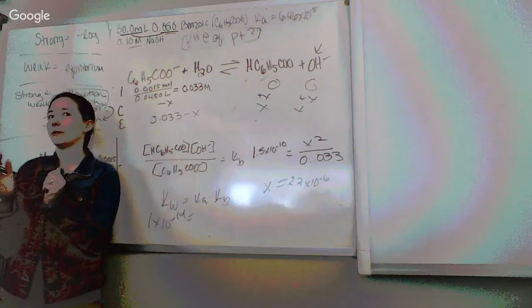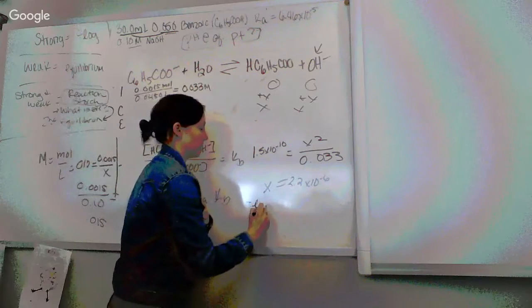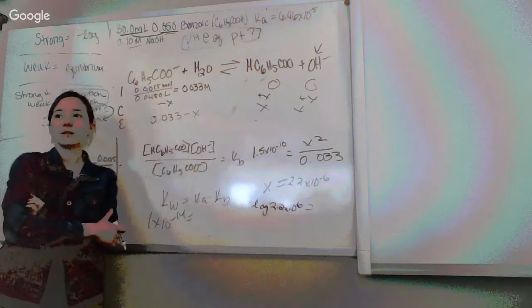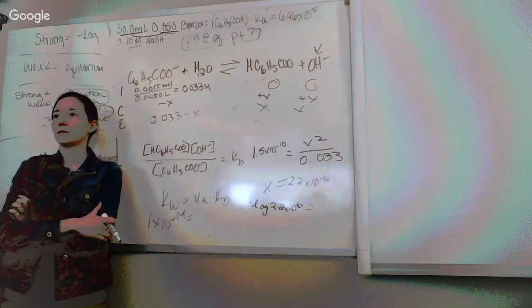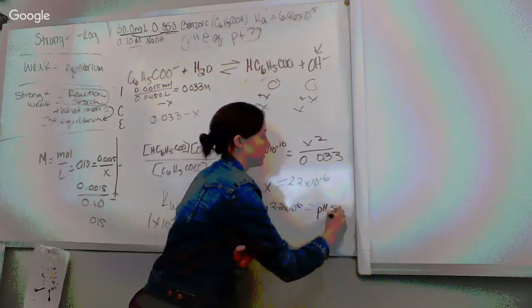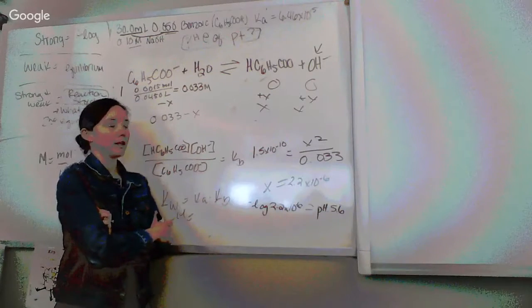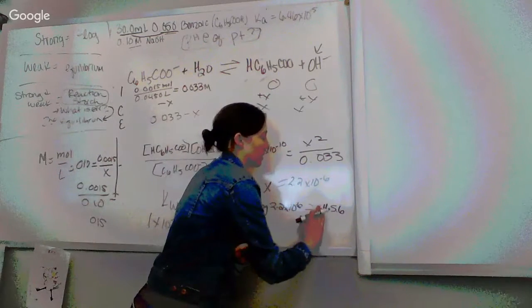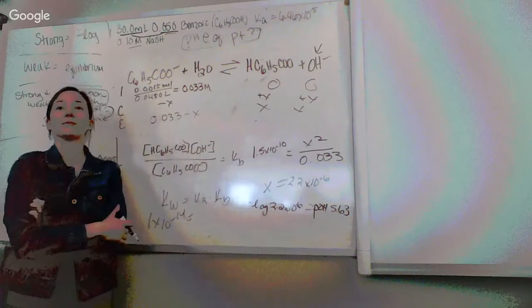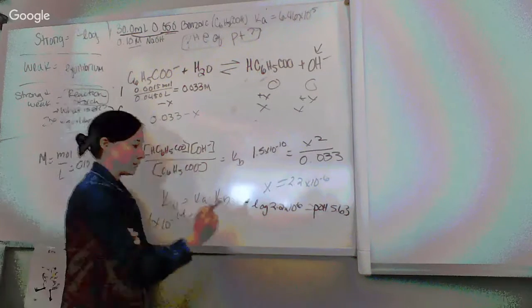Okay, then what do we do? Take the negative log. And then I get something a little less than 6. Thank you. So I'm going to do pOH is 5.6. Do you have some more significant figures in there for me? Yeah, sorry, I wasn't paying attention. 5.63. Yes, it would be a pOH. Thank you. 5.63. And so then my next step would be